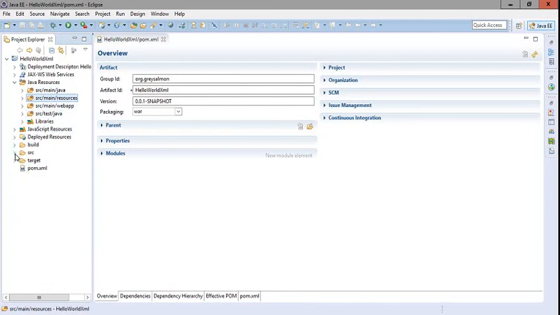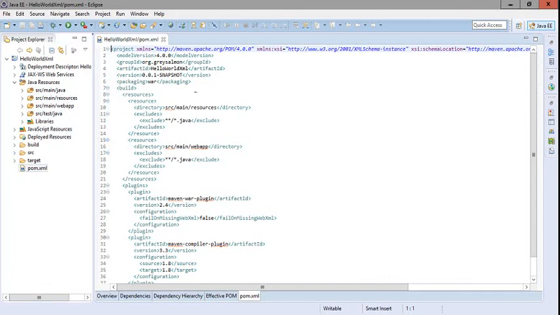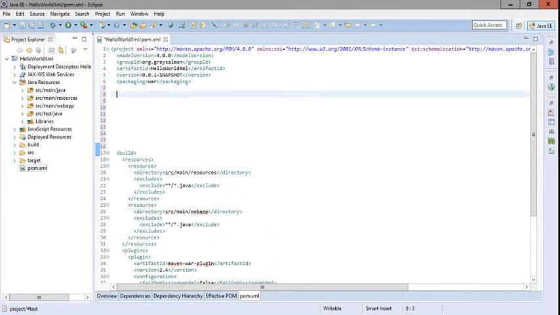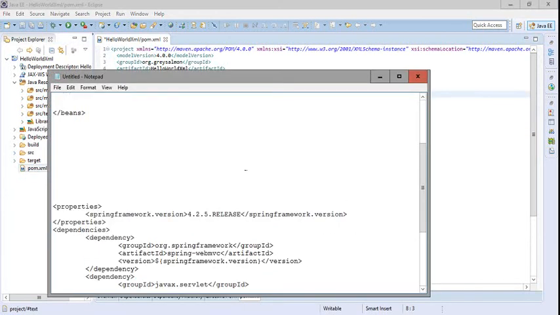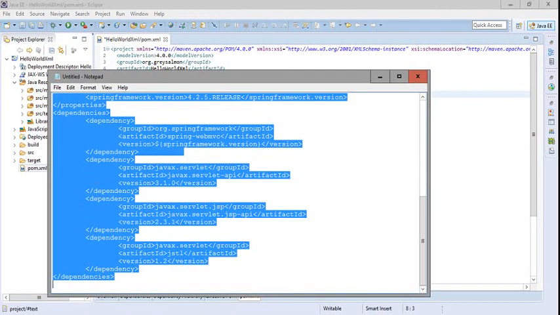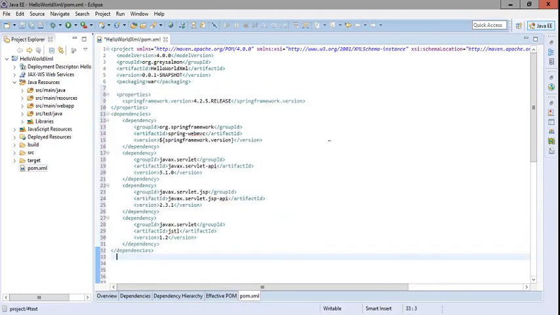Now the dependencies or the jar files which are used by Spring have to be mentioned in this POM, that is the project object model XML file. So I will open this file in the XML view, and after the packaging tag I have to add some dependencies in this file. Now these dependencies will be provided as a comment below this tutorial, so that you can copy and paste these dependencies into your project. Now as you can see, the first dependency is your Spring MVC, Spring Framework.